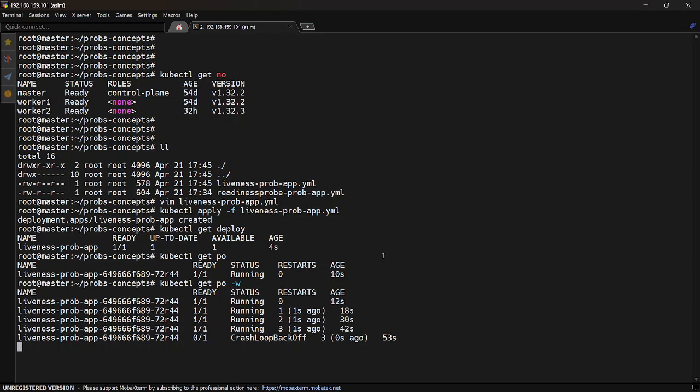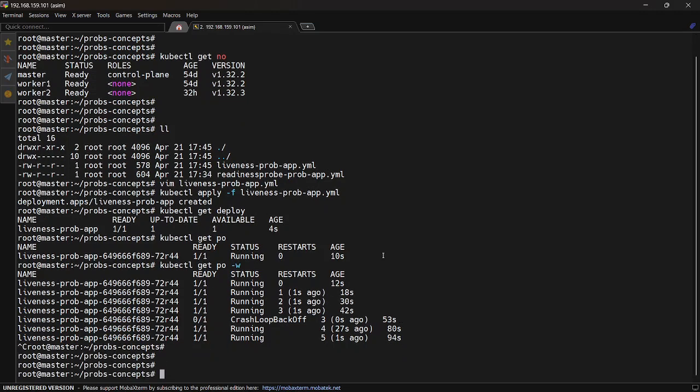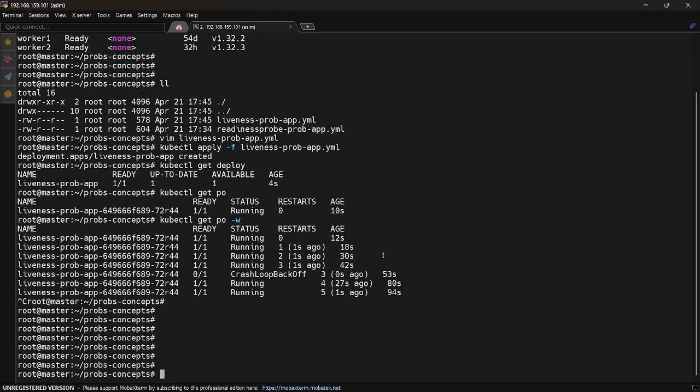issue. Initially it was responding, but due to some issue during the running of this container, something happened inside the container and the API stopped responding, just restart it. So we created a situation where it will never be available, so it will keep checking and restarting it. So this type of liveness probe can help us to recover the container in case some issue happens while